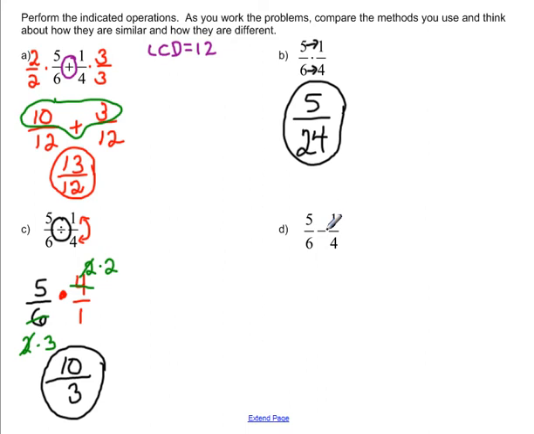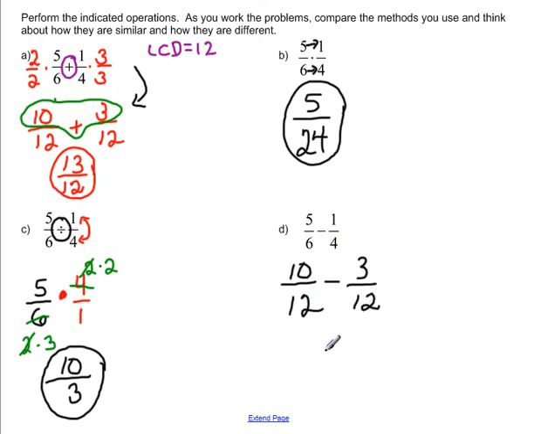Our last problem involves subtraction. So just like our first problem where we were doing addition, we're going to need a common denominator again. And notice the fractions are exactly the same. We're just doing subtraction this time instead of addition. So rather than having to go through all the work again, I'm going to use the work I already did over here for finding my common denominators. Remember, we said 5/6 was the same thing as 10 12ths? And we said 1/4 was the same thing as 3 12ths, but this time we're just subtracting.